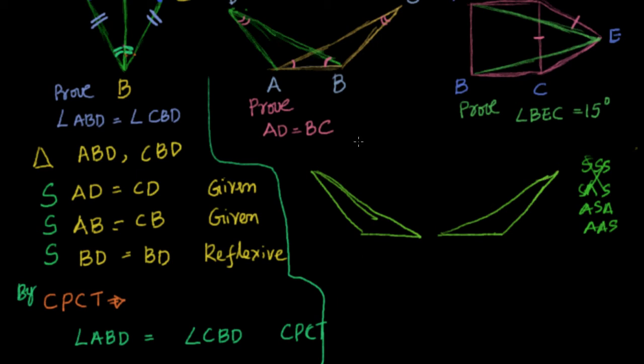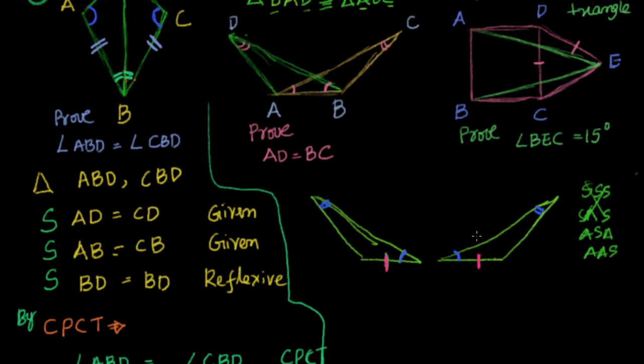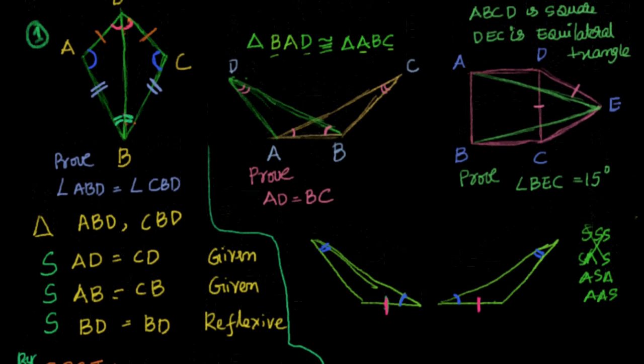Now what is given to you here? This angle is given as equal to this angle, and also this angle is given as equal to this angle, and this particular length and this length are equal. Now the only thing in the problem is that he just superimposed one on the other. So you have to be very careful when doing these problems.